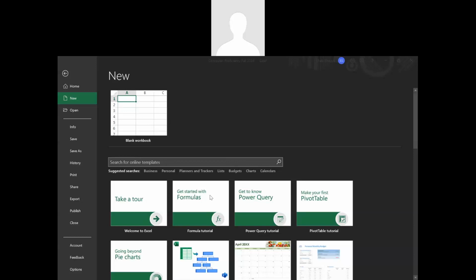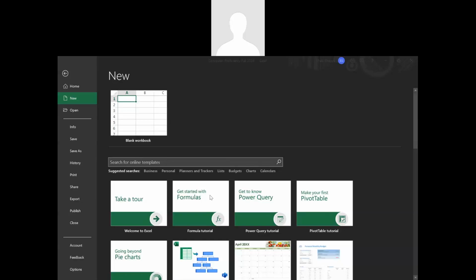Okay, since Microsoft Excel is used in a wide variety of applications, you can use it for calculations, you can use it as a calendar, you can use it for maybe attendance sheets, because